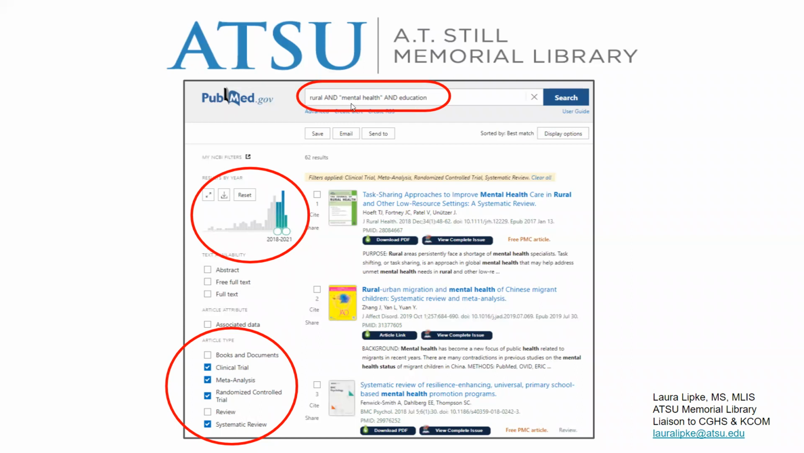And you'll note that I've put quotations around mental health because I don't want the database to search those terms separately. I want it to search them as a phrase, mental health together. And you can see down here in my results where it's bolded, mental health is together. So PubMed's going to give me a lot of results with just this search, but I don't want just any results. I want that level 1 evidence, that synthesis